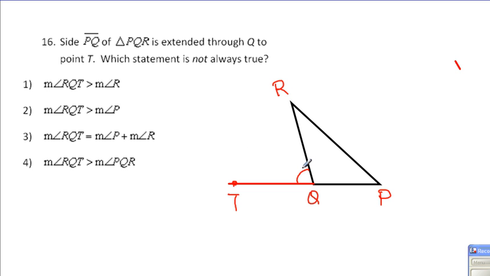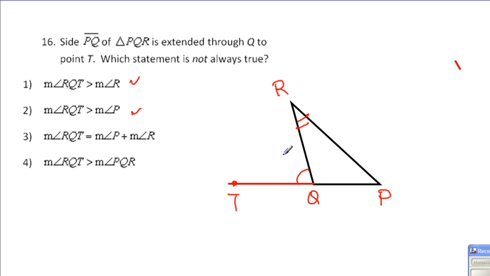RQT, is that angle in fact greater than angle R? Yeah, that is true because this angle is the sum of the other two angles, so it's got to be greater than any one of them. Now, same argument, is that greater than P? Yes, it is. So first two are okay. How about the third one? RQT,